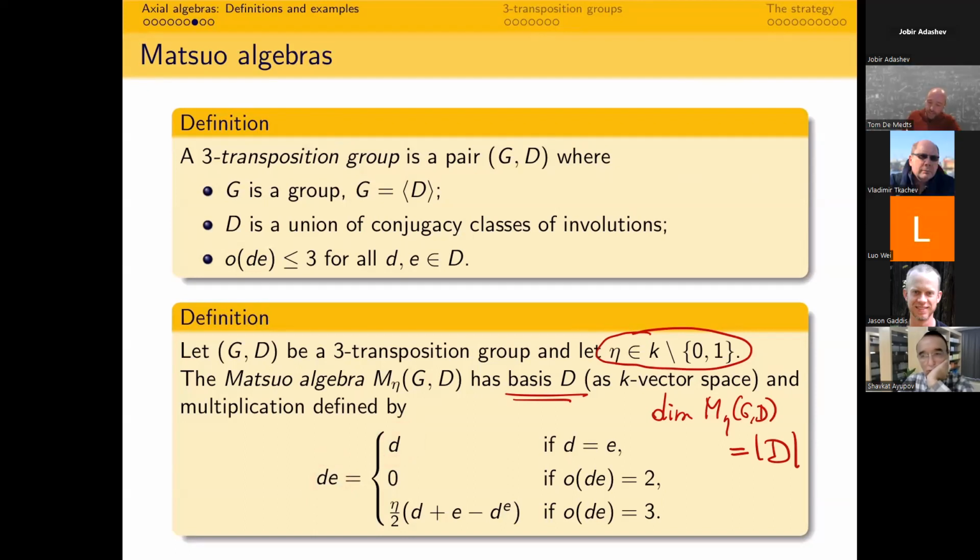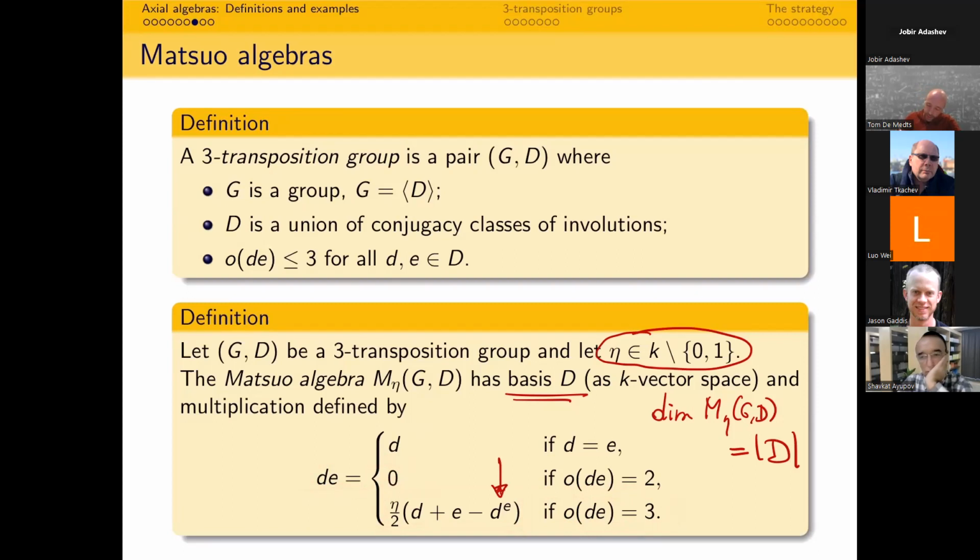If D and E commute in the group, then I declare the product to be equal to 0. And then finally, the most interesting case is if the product has order 3, then I have a more complicated relation. Then I declare DE to be equal to this expression: eta over 2, D plus E, and then maybe I should also point out here that this D to the E,